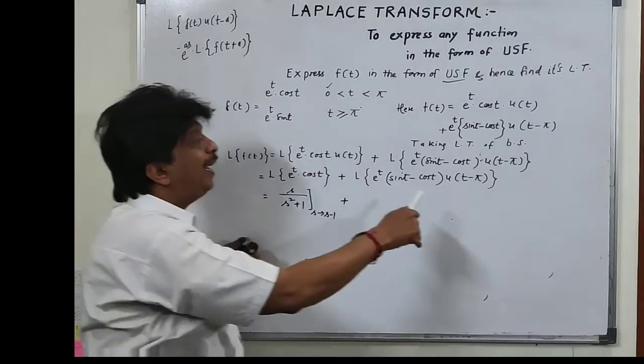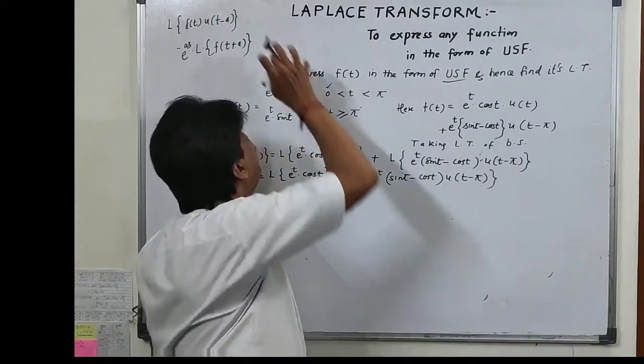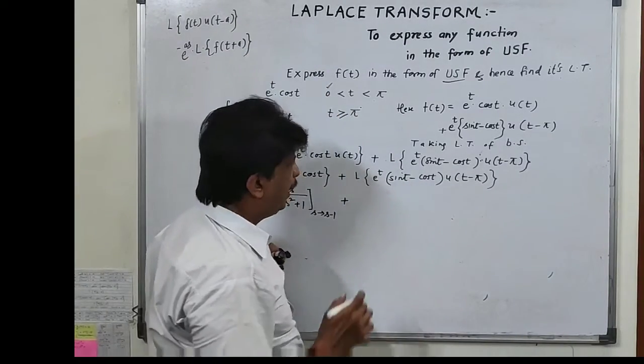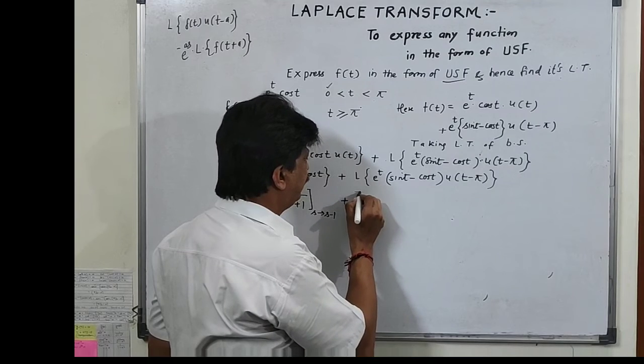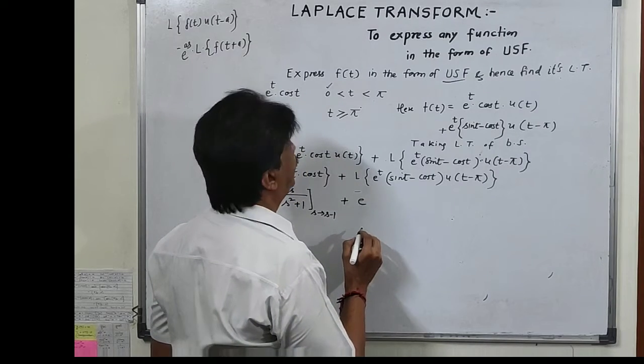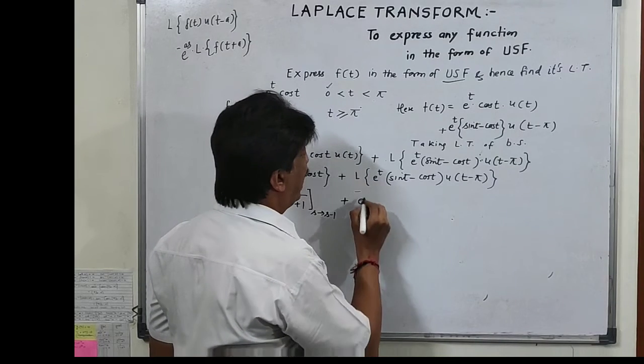So here value of a is pi. So I will use this formula. It is equal to e raised to power minus pi s